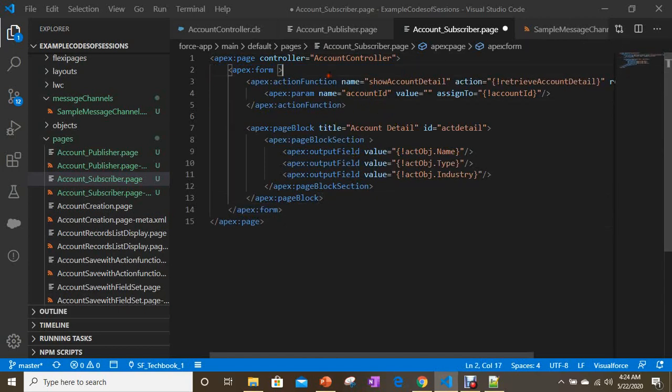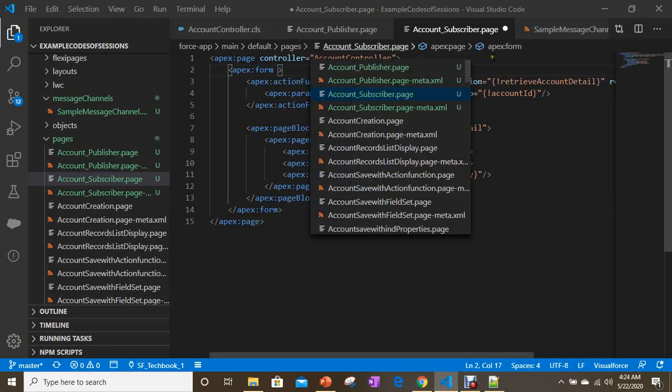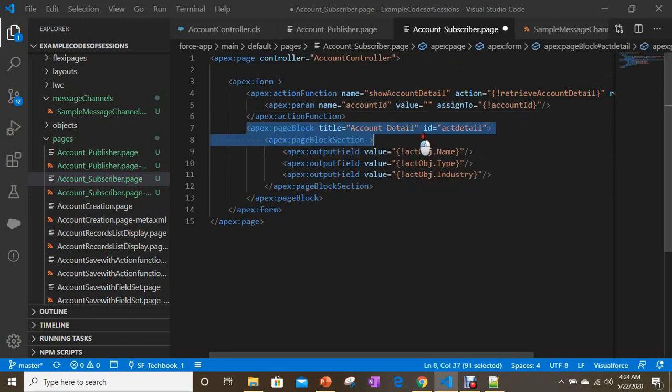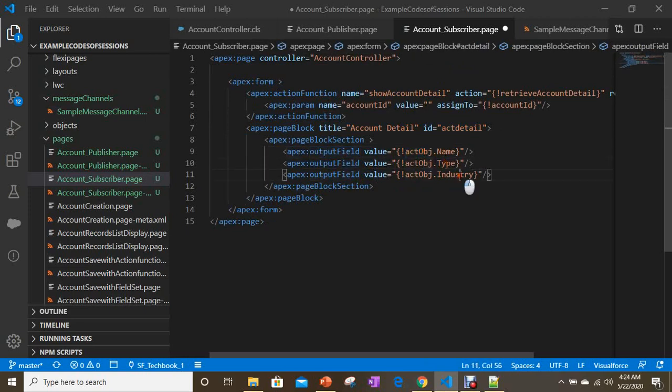If you see here in page block, what I am trying to display, with the help of output field, I am displaying account name, account type, account industry, and from where we are going to get this account ID? From account publisher with the help of message channel.